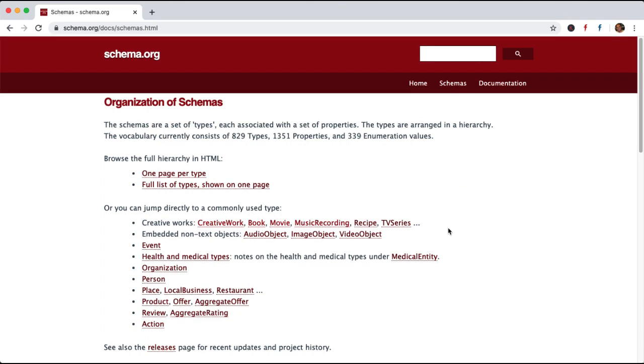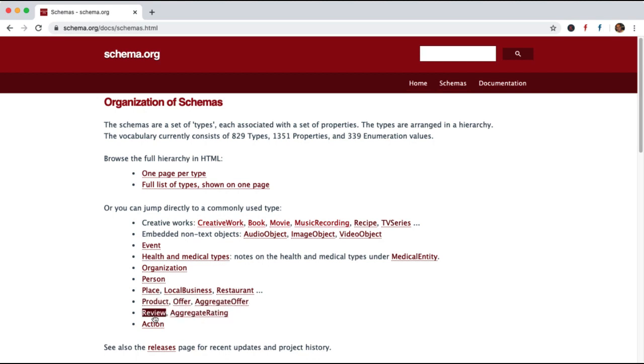So similarly, we have TV series, then you have events, you can have health and medical types, organization. So every website or every organization can mark up their website with organization, the person, like famous personalities have to be marked up here. Place, local business, we just saw restaurants, we saw that in another example. Product, we saw that in an example. Then offer also was there.